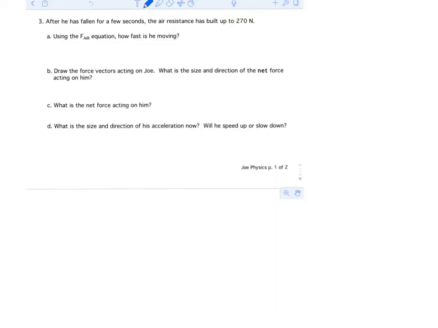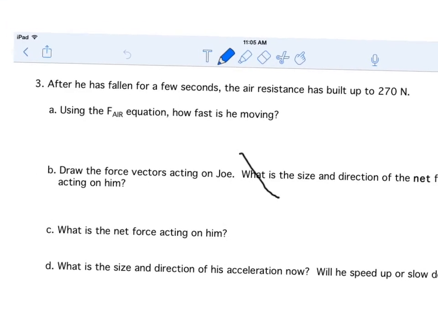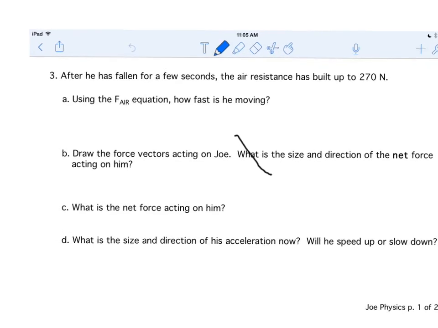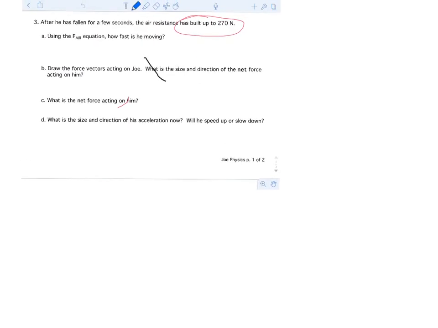So for number 3, the question asks, after he's fallen for a few seconds, now we do have air resistance. You can see that it says the air resistance now is 270 newtons. So we're going to use that new equation that we just sort of made up. The parachute is not open yet, so we're going to use the equation that says F air